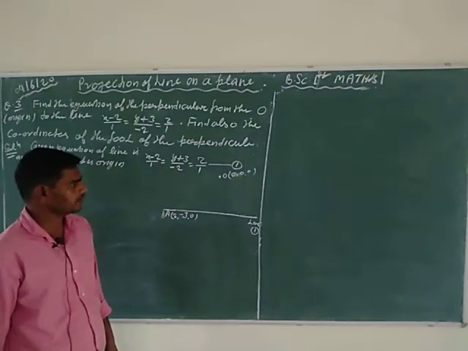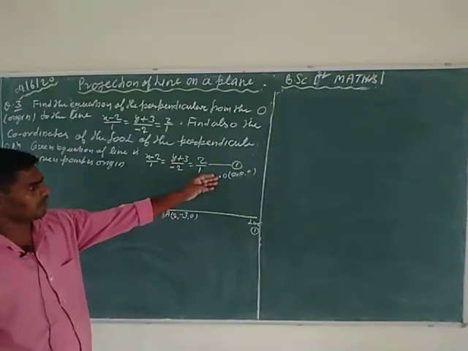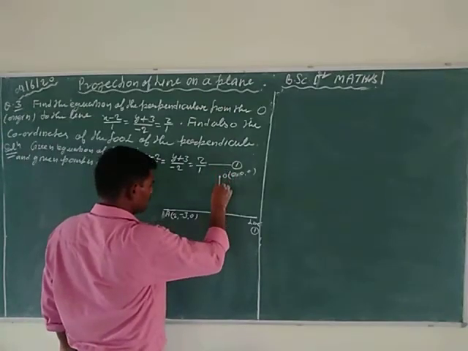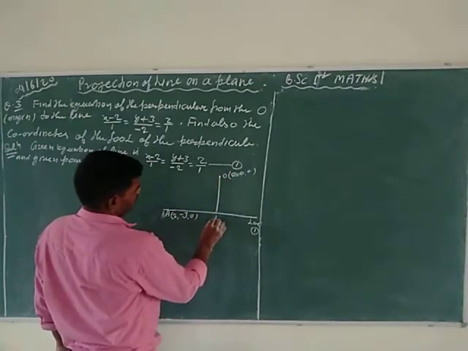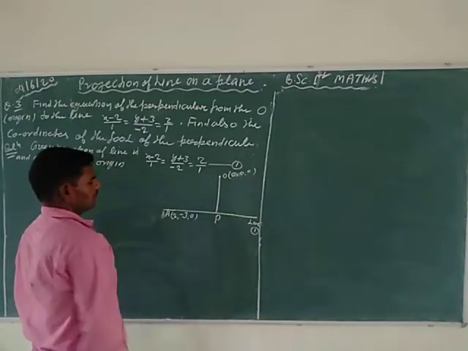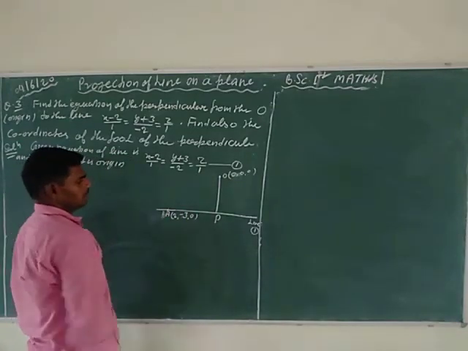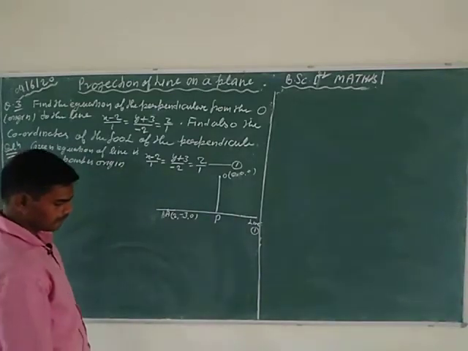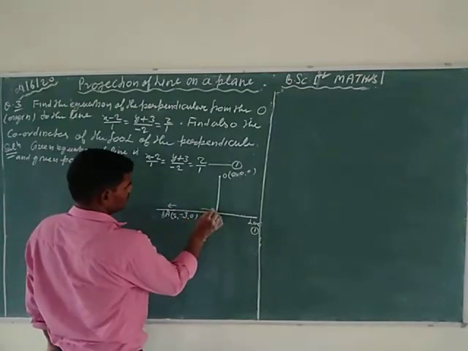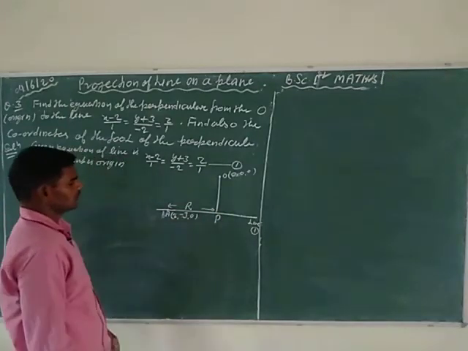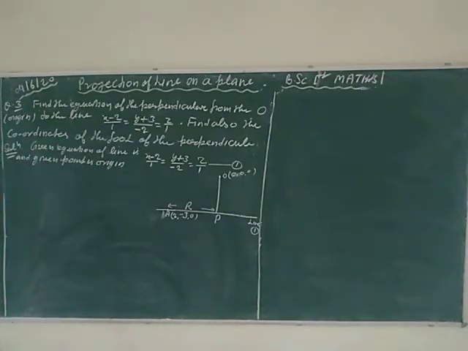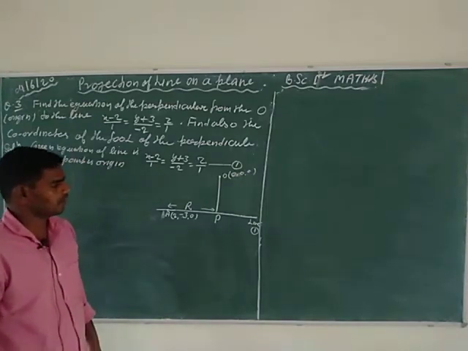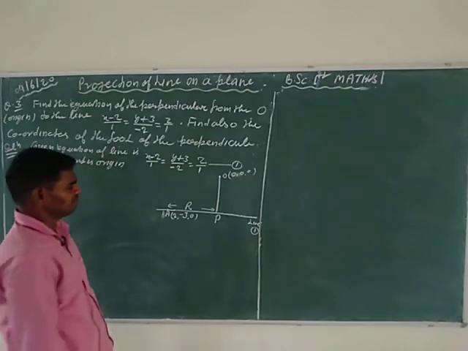Now according to the question, draw a perpendicular line from the origin to the given line. Suppose that the meeting point is capital P. From the figure it is clear that P has some distance from point capital A. Suppose this distance is capital R. So distance AP is equal to R on the given straight line, and we draw a perpendicular from the origin O to the given line, and the meeting point is capital P.